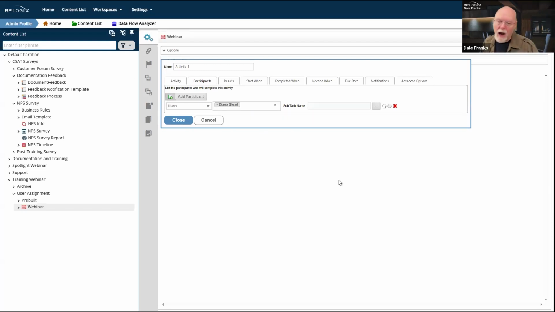The next time this task runs, Diana will be assigned the task, but all of those running tasks are still being assigned to whoever the timeline initiator was. So if I want Diana to be the assignee, even for any currently running tasks, I can't just change the process timeline.